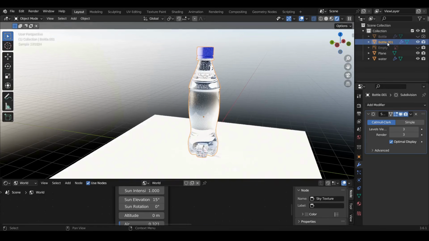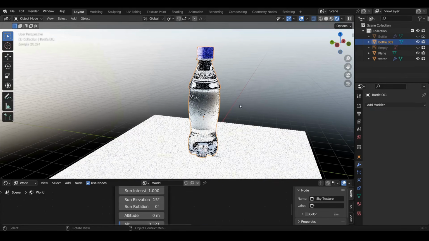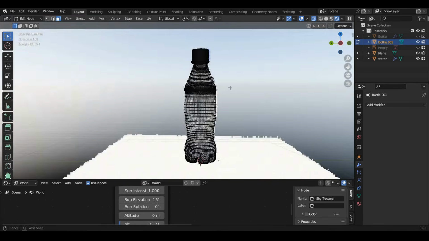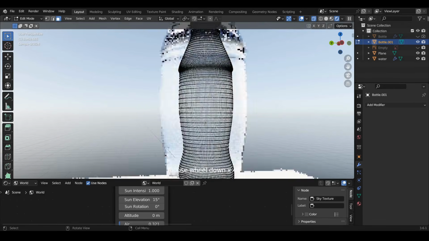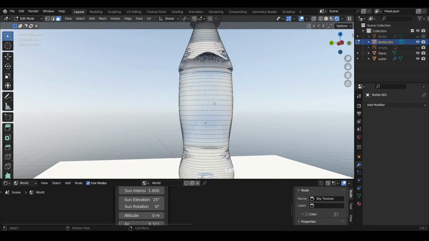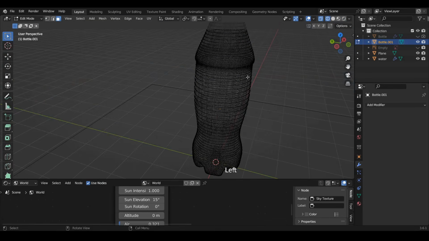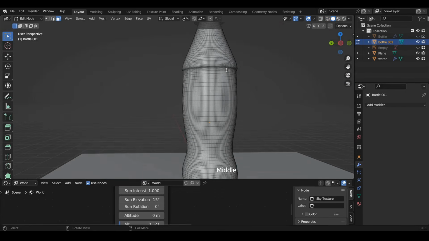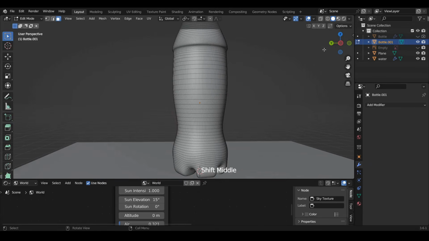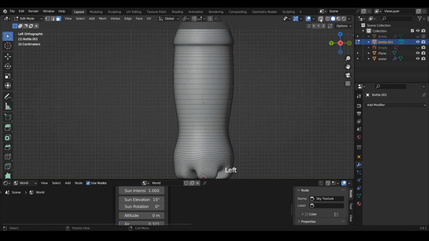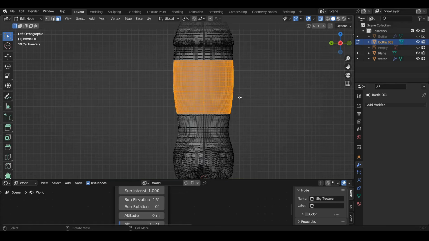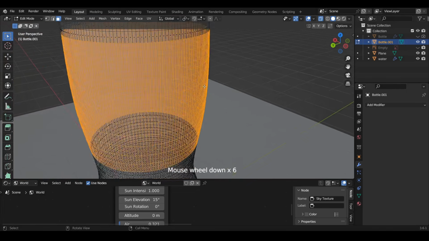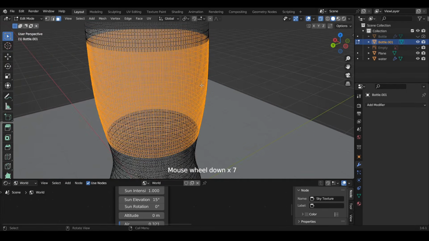So on this bottle, I will apply this, go into edit mode. Now it looks very complicated and it's quite much going on here. It's a lot of polygons, but if you want to add some text, this is the only way of doing it. So select X-ray mode, select the faces you want the paper to be, press Shift D, right click, no